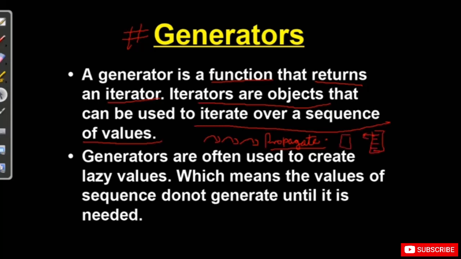So generators are often called lazy values. Well, why lazy values? Because they only work when needed. Just like us, we only work when it is needed. We, the programmers, I mean, work only when and where it is needed. We don't decorate and all that kind of thing; that is what the UX people do, and we have to fulfill that. So ultimately we get some work and we have to program the new things, right? Okay, let's proceed to the next one.